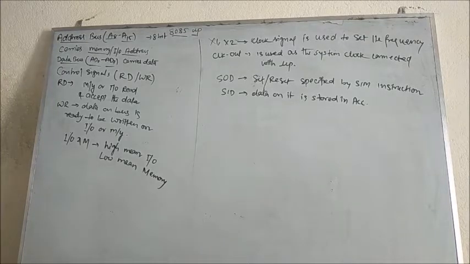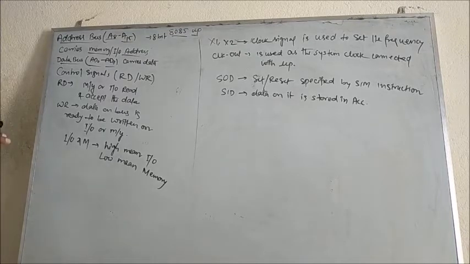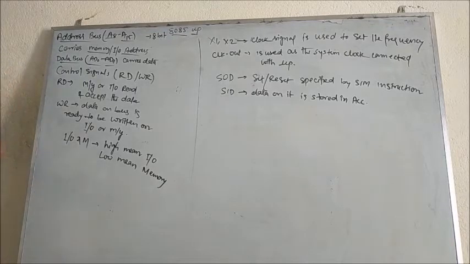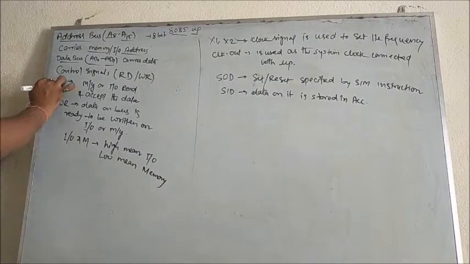Next one is known as your control signals. There are two control signals. First is known as your RD, second is known as your WR, right? So RD is what? See, whenever the data is present on the data bus, whether memory or IO is ready to accept it or not, that is known as your RD operation, that is the read operation. Means whatever data is present on the data bus, the IO, that is the input output device, or the memory device is ready to accept it. So this is done by your RD.